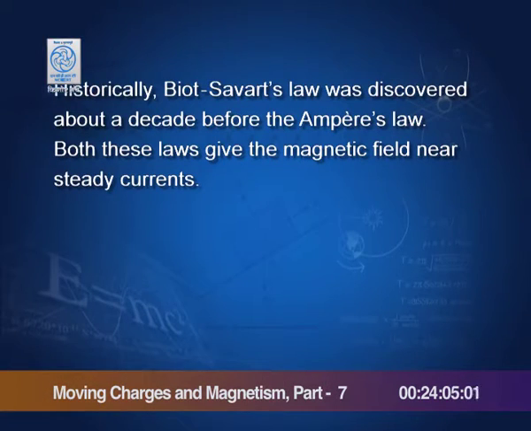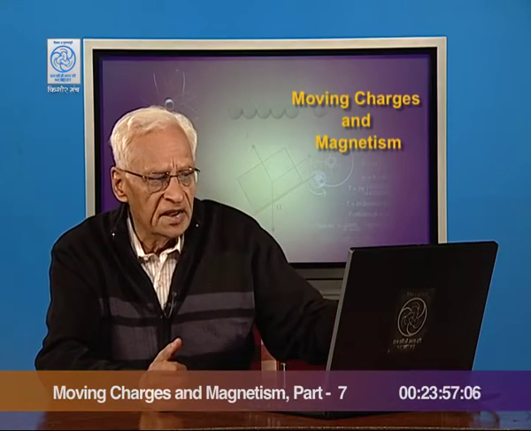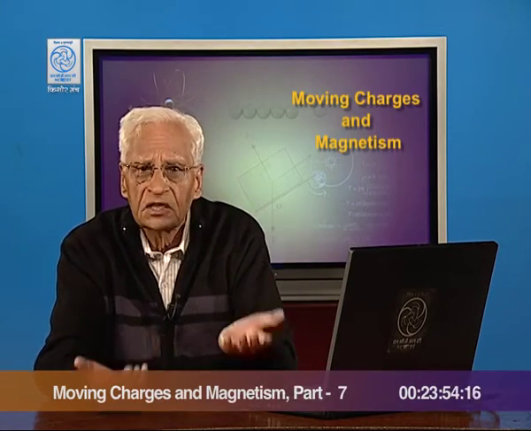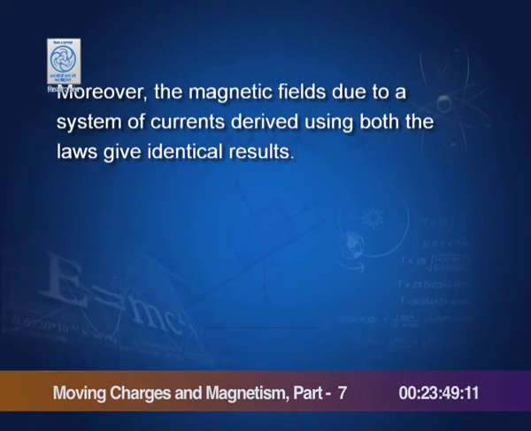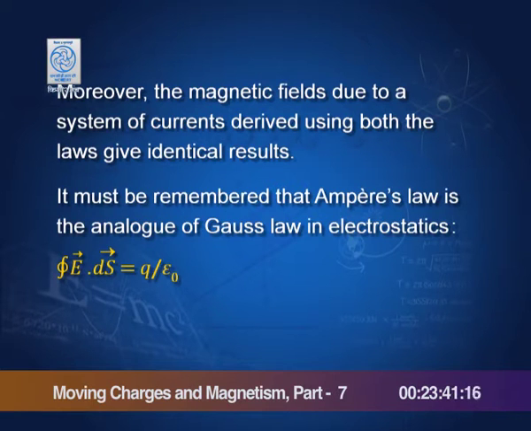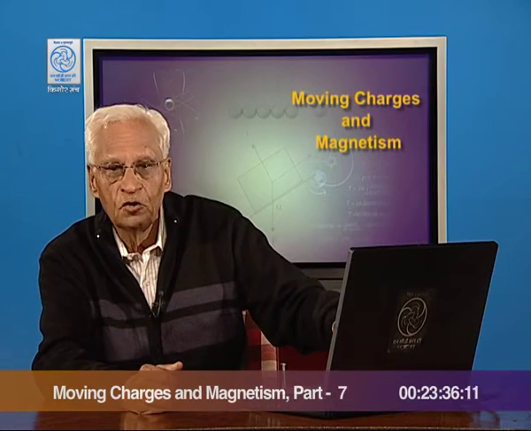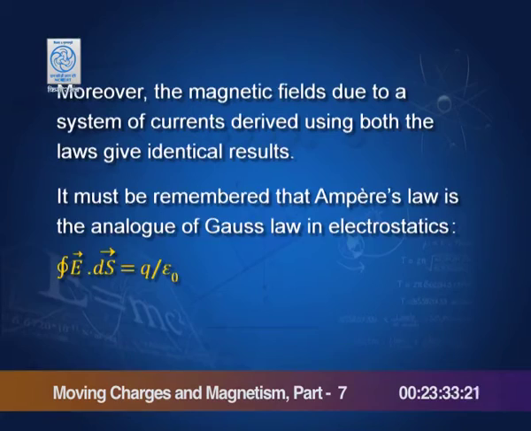Historically, Biot-Savart's law was discovered about a decade before Ampere's law. Both these laws give the magnetic field near steady currents, and both give the same result, and therefore they must be equivalent. Moreover, the magnetic field due to a system of currents derived using both these laws gives identical results. So, it must be remembered that Ampere's law is the analog of Gauss' law in electrostatics. I hope you remember Gauss' law. The integral of E dot dS is equal to q by epsilon0, where q is the charge within